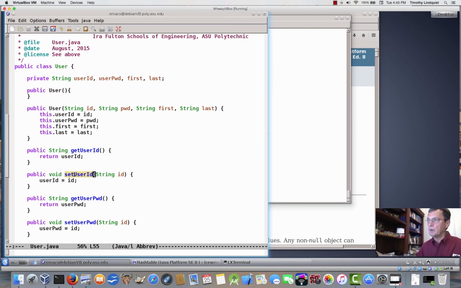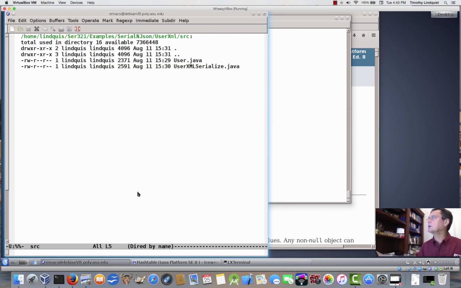So it knows what method to call based upon the contents of that XML file. I've specially constructed this user.java so that it is a bean class. And now let's go ahead and take a look at